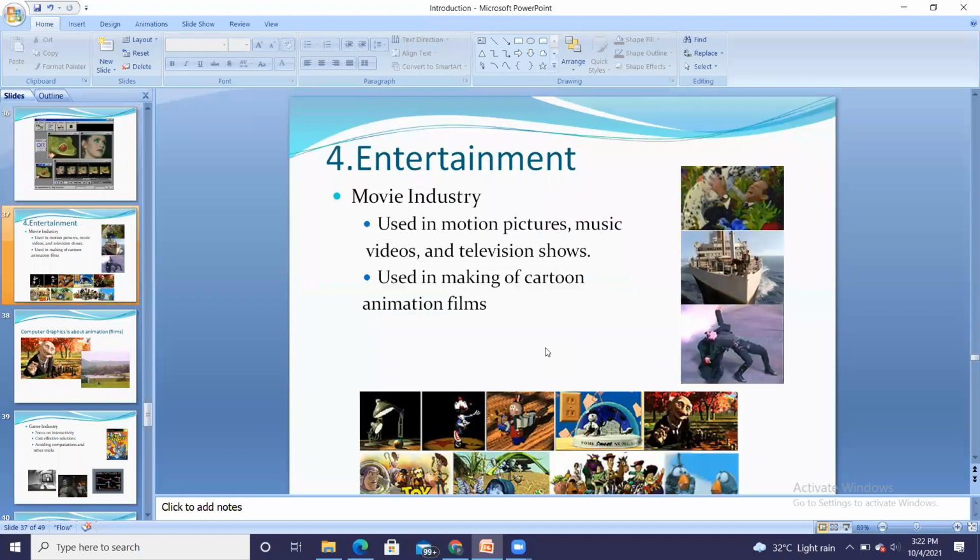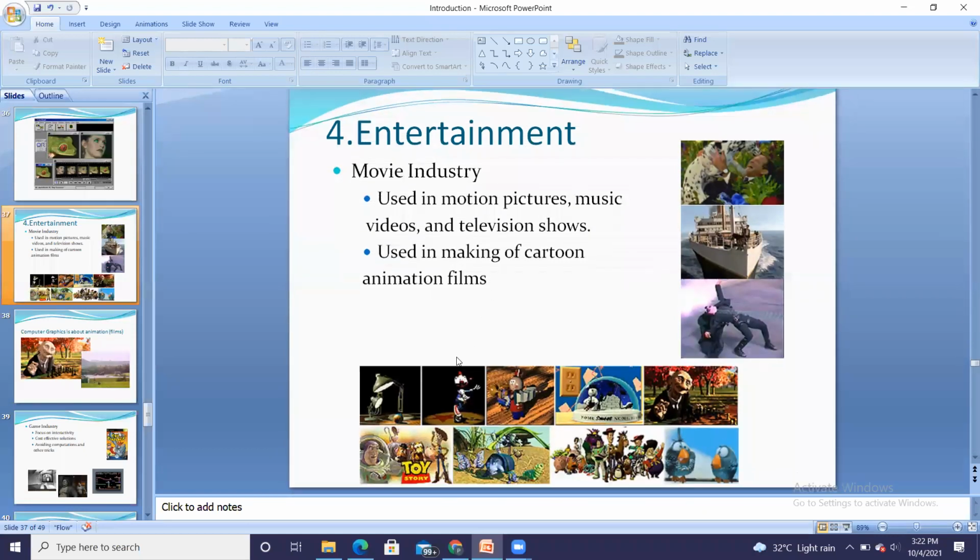Then the next application is entertainment. It is used in movies. You might have seen the Matrix movie or Titanic. All these movies are made with computer graphics. It is used in motion pictures, music videos, and television shows. It is used in making cartoon animation films. So these are cartoon animation films.